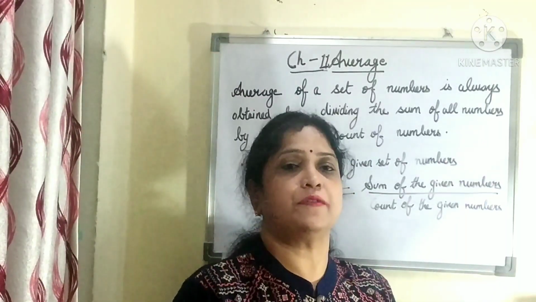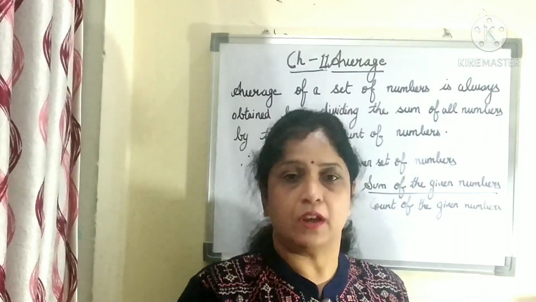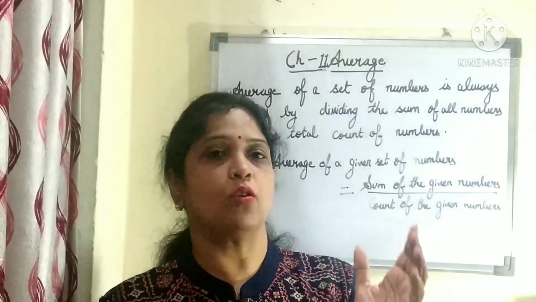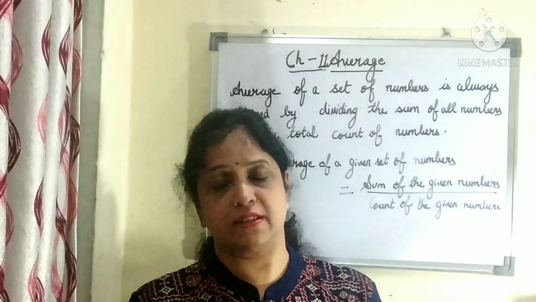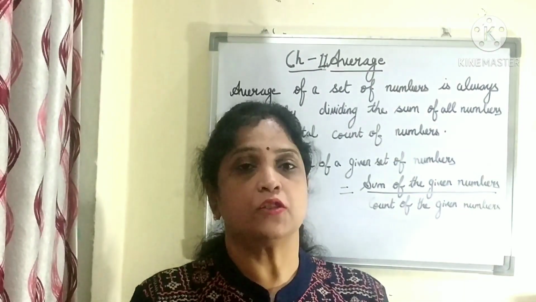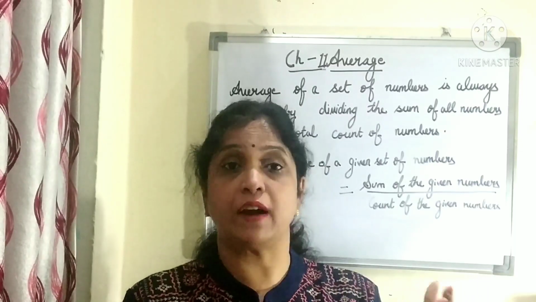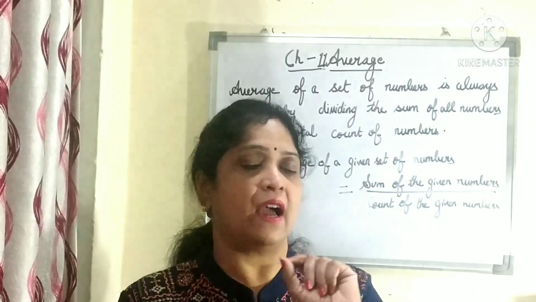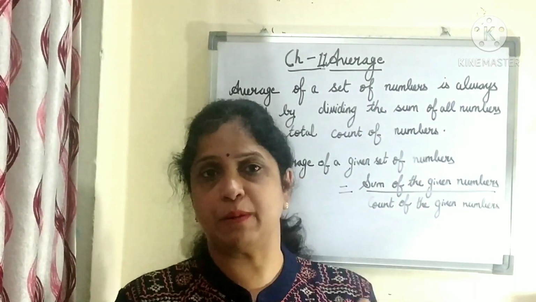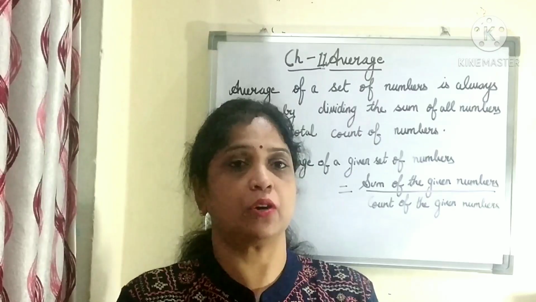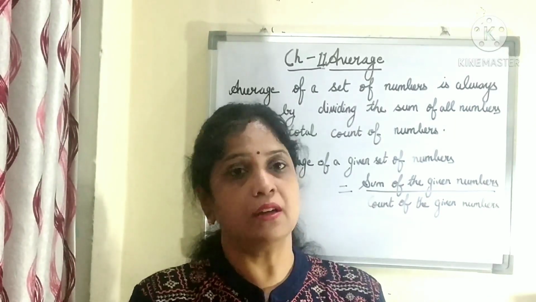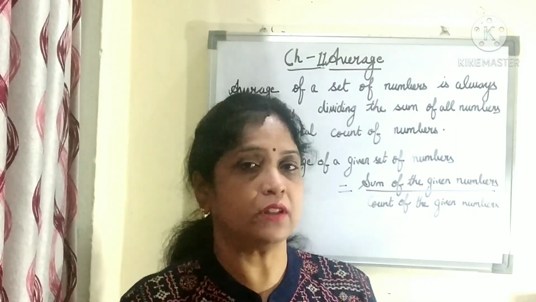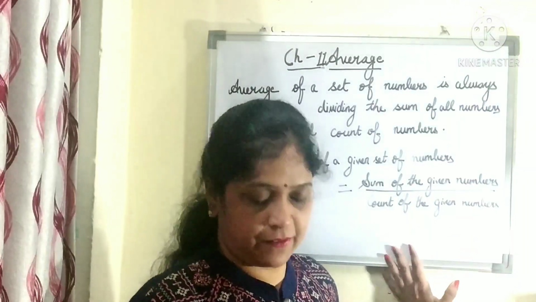Similarly, I can find the average of the marks of all the subjects also. Suppose there are two students. If I have to compare, suppose one student got different marks in English, Hindi, Math, Science and SST, and the other student got different marks. If I have to find the average of both the students' marks, what will I do? I will add all the subject marks and divide it by 6, if it is 6 subjects. Then I will get the average of the marks she got in all the subjects. Similarly, I can find the average of the other student also. So in this way, this is the formula for calculating the average.